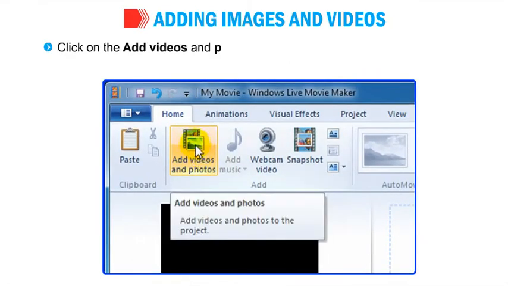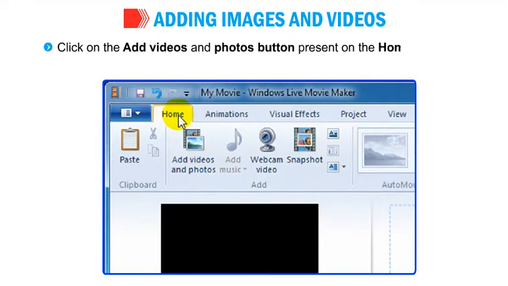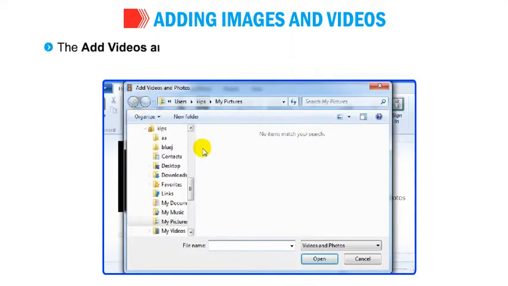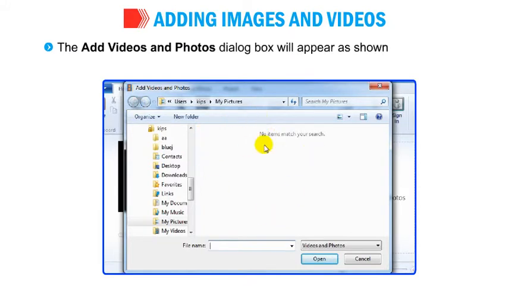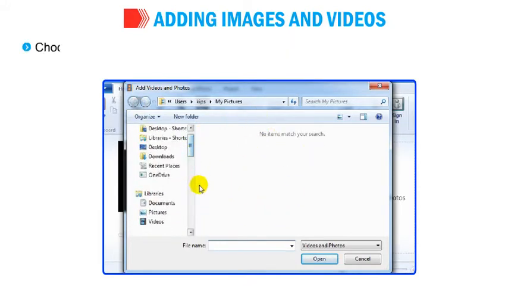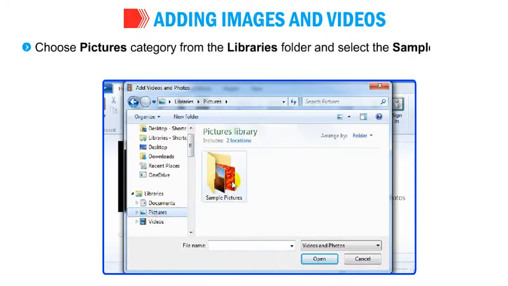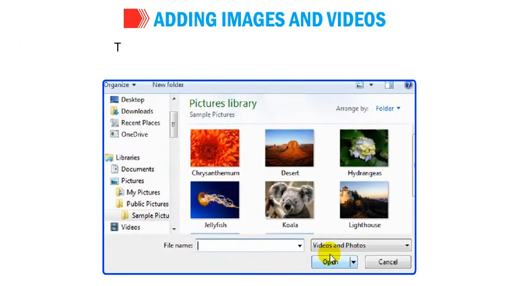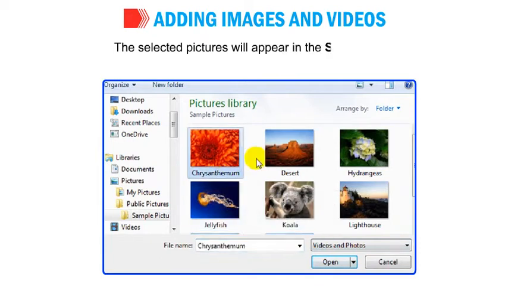Click on the Add Videos and Photos button present on the Home tab in the Add group. The Add Videos and Photos dialog box will appear as shown in the figure. Choose Pictures category from the Libraries folder and select the sample pictures that you require. Click on Open button. The selected pictures will appear in the storyboard, or